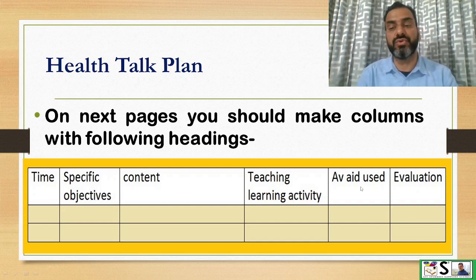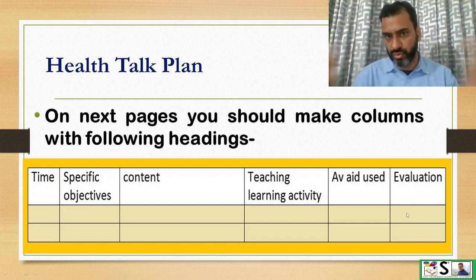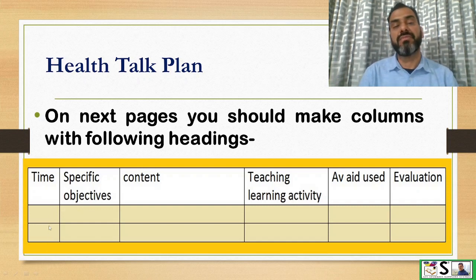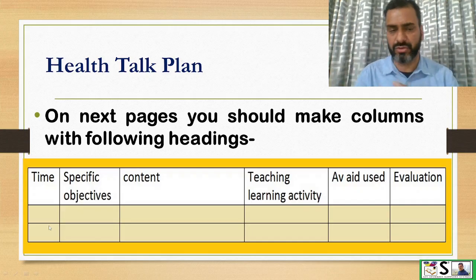Then AV aids used. What AV aids you will use there for this topic? And evaluation. Okay, under evaluation you can write what questions you will ask the audience to gather their attention and to evaluate whether they have heard you. So in this way you will complete these columns. It may contain 2 pages, 3 pages, 4 pages depending upon the topic and specific objectives, but keep in mind it should not be lengthy. It is just a health talk. Okay,